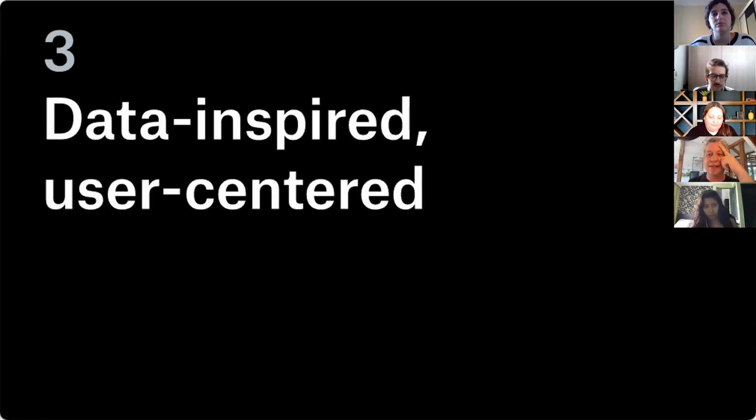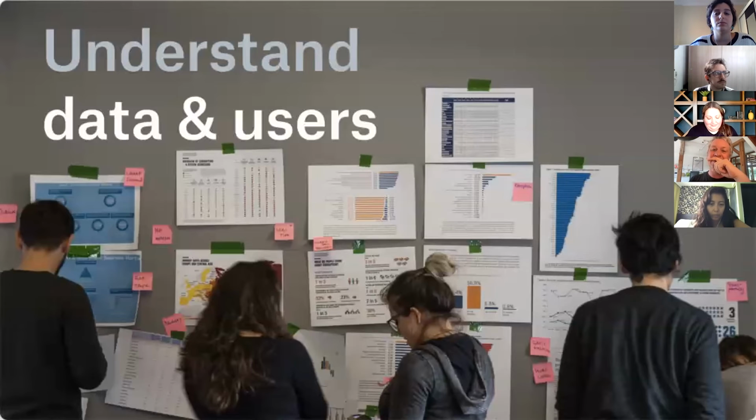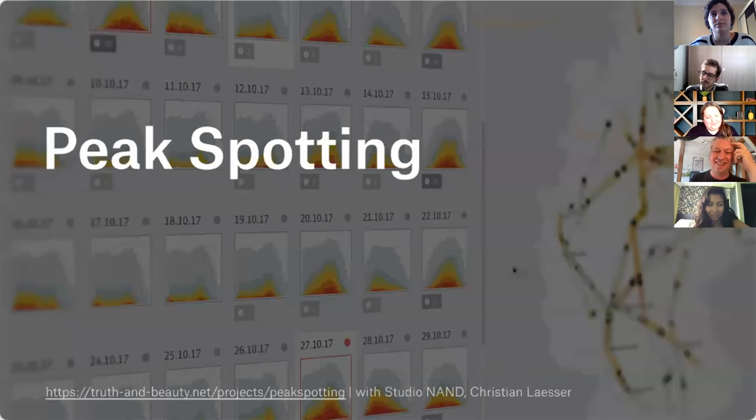My third point is, and that's something I really stress also when I work with a client, that we need to be humble in a way and not think too much about what we want to do, but really be open to what we can learn by looking at the data in depth, and also by learning from the people that should use the tool or that we want to address with our communication, right? Understanding data and users or your audience really well is often the key to having a much stronger visualization in the end, or not losing a lot of time in your own mind, exploring all the possible wrong directions you could take with a project.